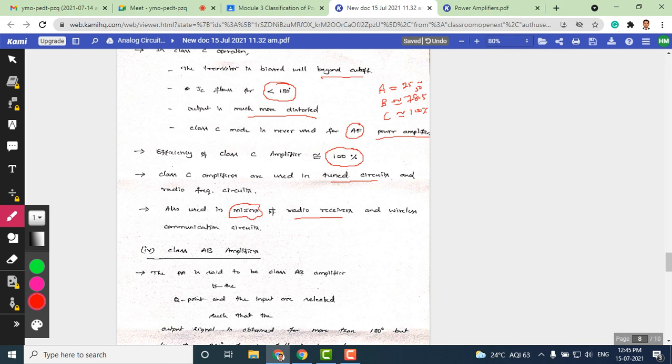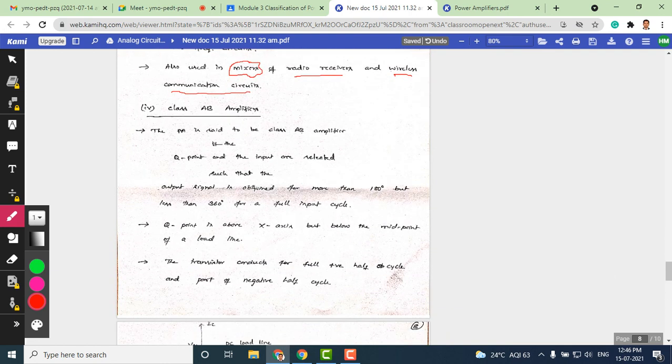When we want to mix the carrier signal and message signal, we use a hardware. In such a case, we use this class C amplifier. Not only in radio receivers but also in wireless communication circuits, class C amplifiers are preferred. There are specific advantages of this class C. Let us not look from the disadvantage point of view, but there are a couple of advantages, and that's why it is used. We'll see these circuits in more detail in coming classes.